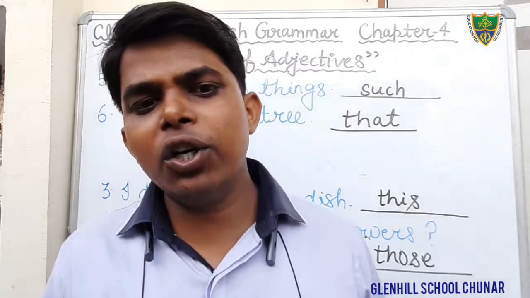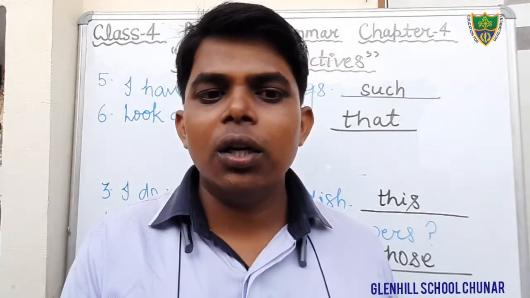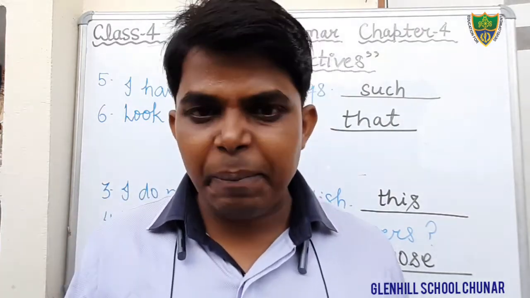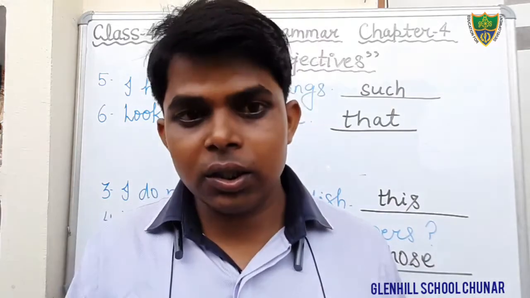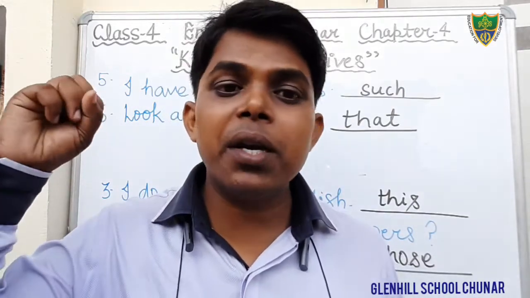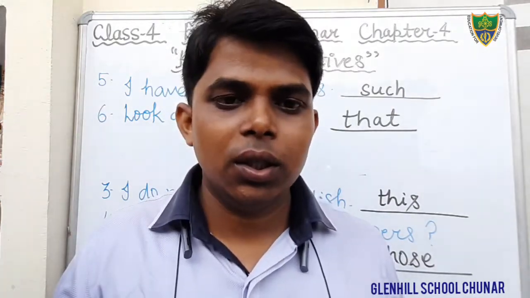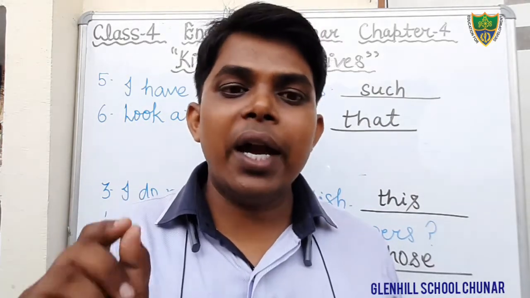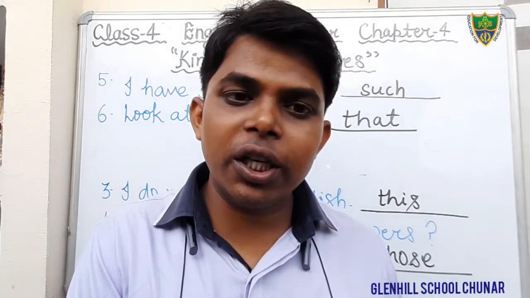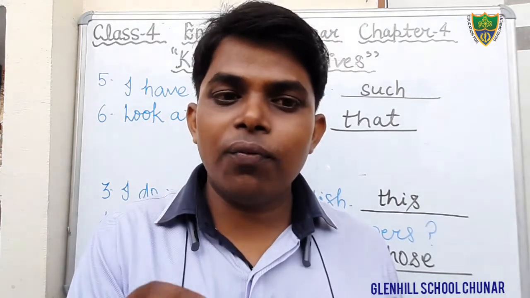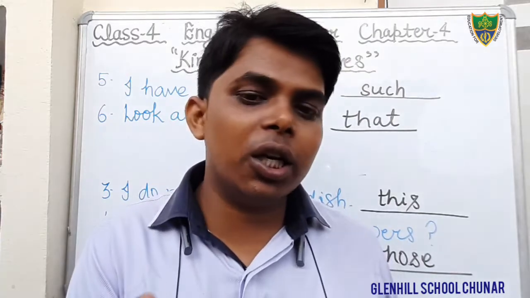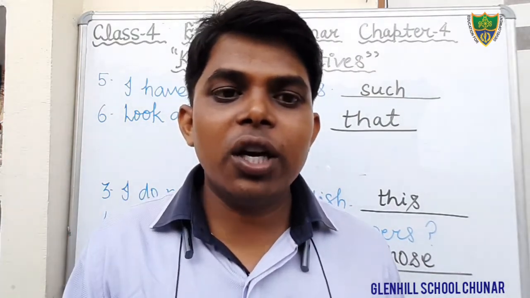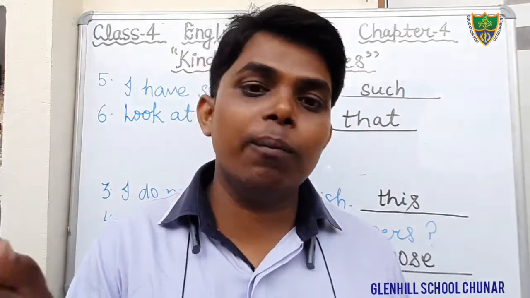And what is superlative degree? In the superlative degree we compare one person with more than 2 people, more than 2 things. It may be 100, maybe 1000, maybe infinite. Okay, and how do we make superlative degree? By adding est to the positive degree, and before the superlative degree we use the article the. And sometimes we use the word most before the